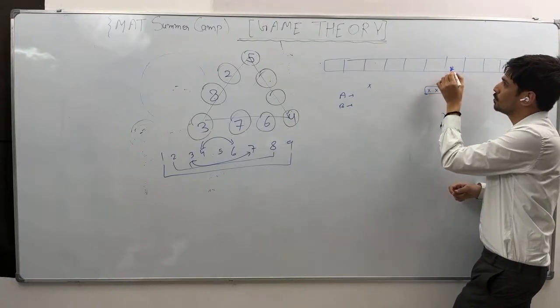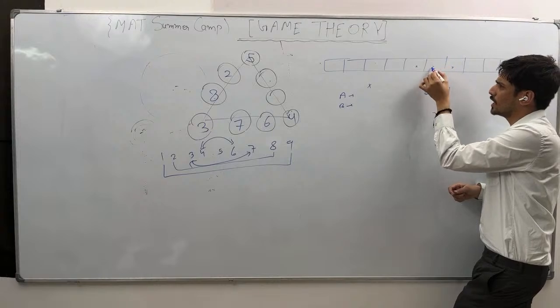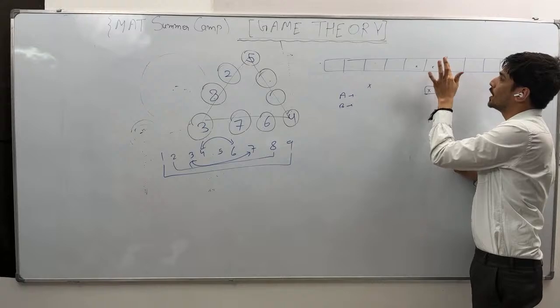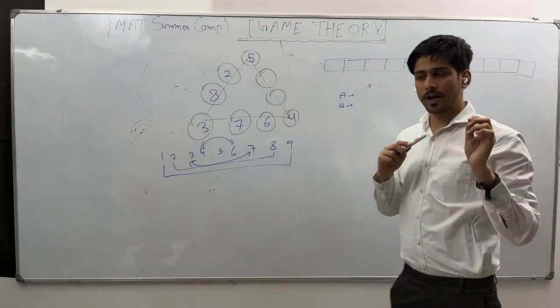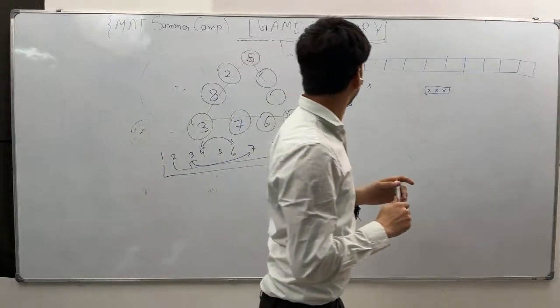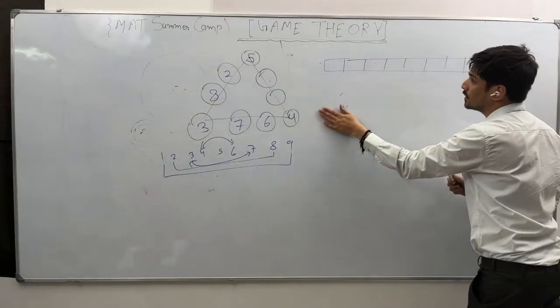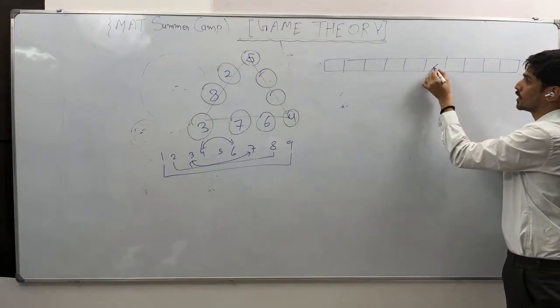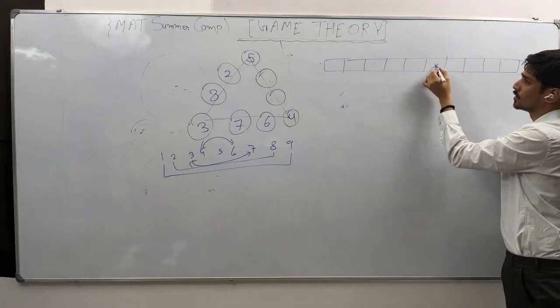Let's say A is putting here, then B will put here, and let's say A puts here. So he has got 3 consecutive crosses and will win the game. And let's say you are going as A, then what strategy should you apply so that you always win? Center. Which one? 1, 2, 3, 4, 5, 6. Here. Okay. Like this one.